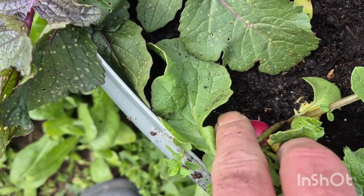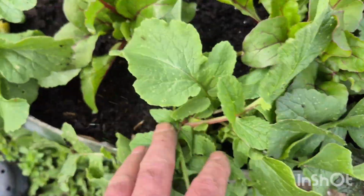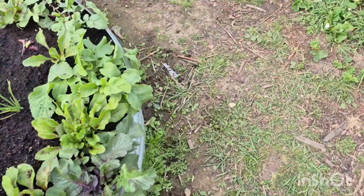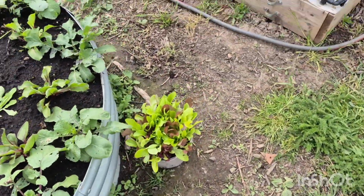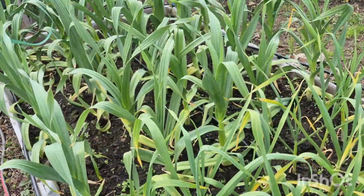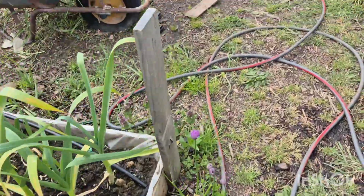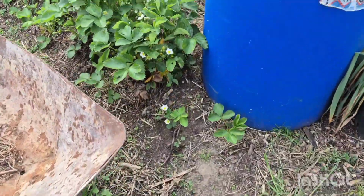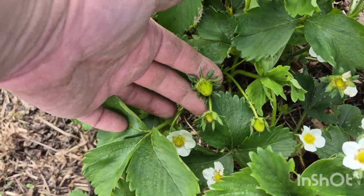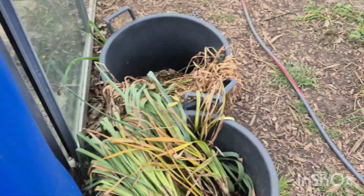We've got some more radish and some salad to harvest, so we'll probably do a separate video for those as well. I have noticed that the flea beetles are now already eating the leaves of the radish. So anyway, that's the softneck garlic and the giant elephant garlic in there. We'll be probably about 3 to 4 weeks away and we'll be eating some fresh strawberries. Well, I won't because I don't really like them, but